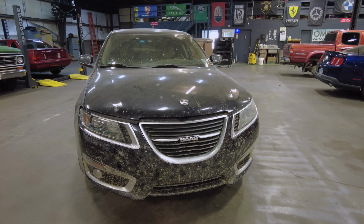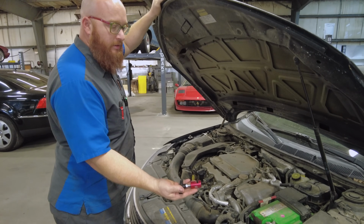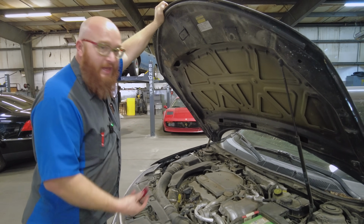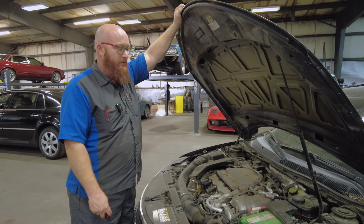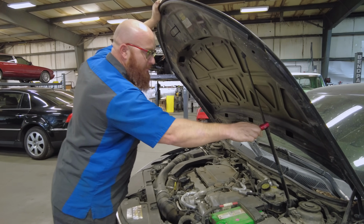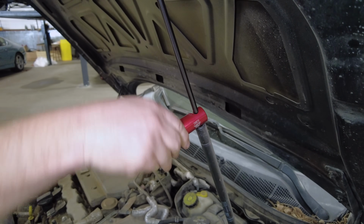Let's go ahead and jump under the hood. So go ahead and open this hood, and we're going to use this little tool we have on my Amazon affiliates link, which is definitely a wonderful tool to have, because I would say out of every 10 cars that come in any shop, not just here, probably 6 of them have this. The struts are blown out. So you go ahead and clamp this on. You're not going to damage it because it's already damaged. It's already failed, so it doesn't matter anymore. You clamp it on,